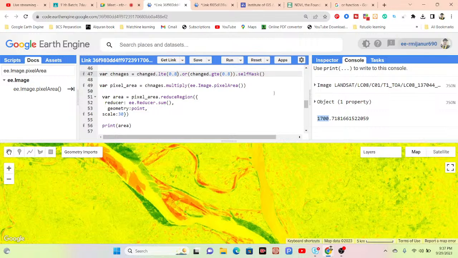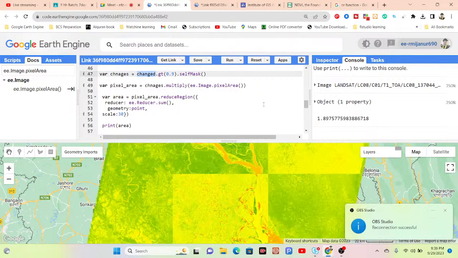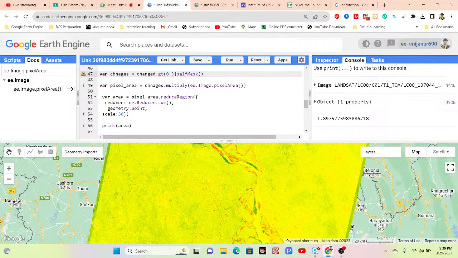Suppose you can put any condition, not only for this. Suppose you want to take only a specific time, you can simply from the change image get, suppose, change greater than 0.5. So now in this time the variable stores all of those pixel values greater than 0.5. Okay, and then calculate this area, which is 1.89 square kilometers. Suppose you can use any specific, suppose greater than or equal to